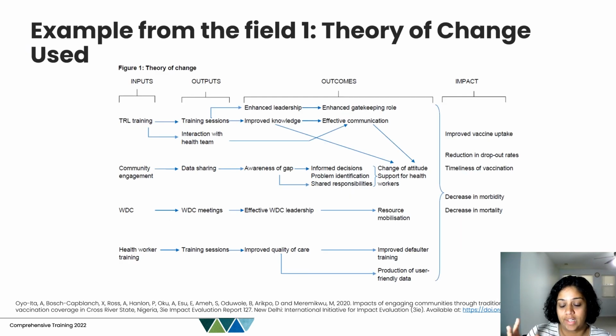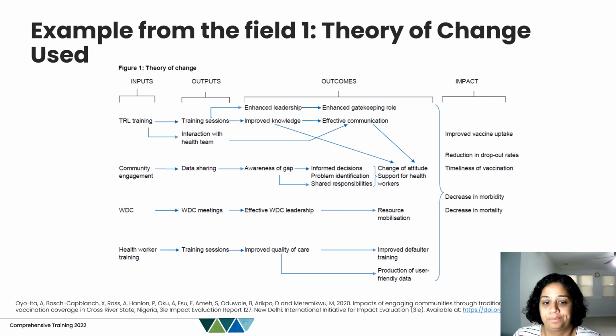So if you start with the planning aspect of it, here they have presented their theory of change. You can see the inputs, outputs, outcomes, and impact. I'll just go over one of them. Here you have the training for the traditional and religious leaders, and the intention is that this training will then lead to the training sessions that they want to cover with all of them, and that training can then help enhance leadership, knowledge, communication, gatekeeping. So those are the immediate outcomes that are coming out of the training. It can help to improve knowledge and attitudes, and then together that can create an impact on vaccine uptake and dropout rates and timeliness. So I think the key takeaway here really is to look at how those relationships are established, and how they are making sure that each component of their intervention, whether it be training or community engagement or any other aspect, is leading to specific